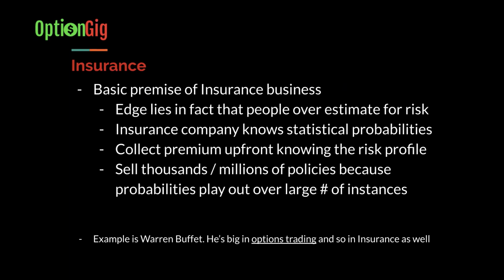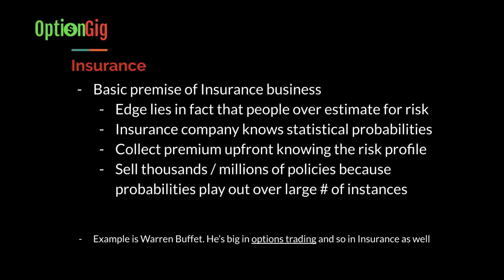All right, so the basic premise of the insurance business is that people generally overestimate risk, right? And insurance companies have actuaries who know exactly what the statistical probabilities of the risk happening are. Based on that, they define the risk premium. Once they know the risk and define the premium, they collect the premium upfront. They also sell these policies to thousands and millions of people because those probabilities only play out over a